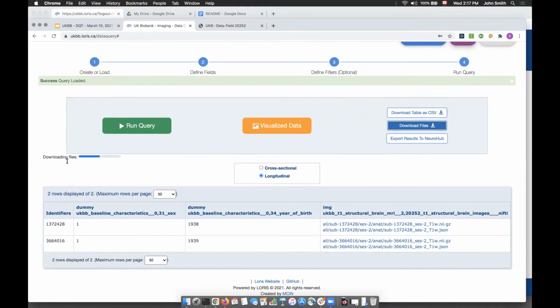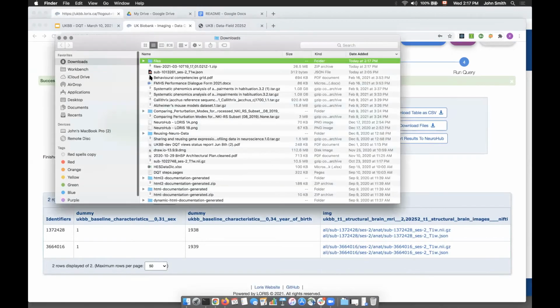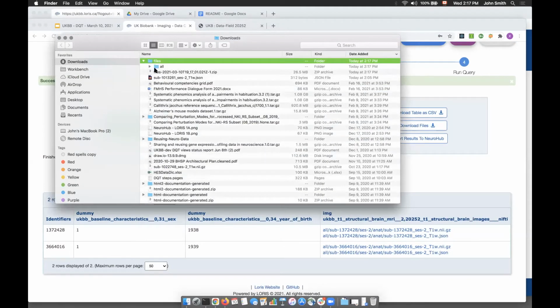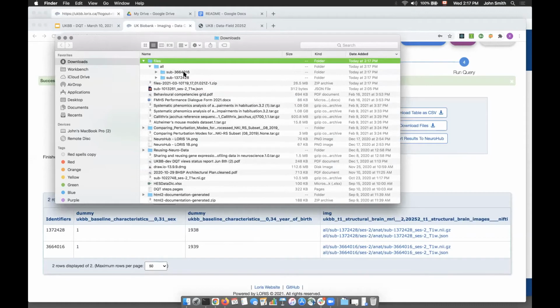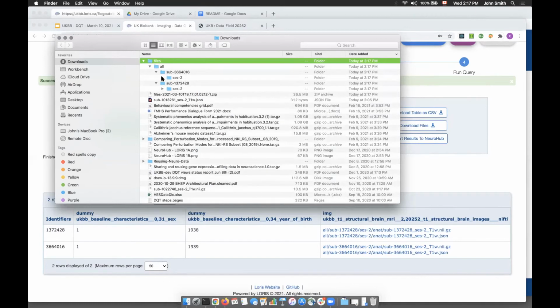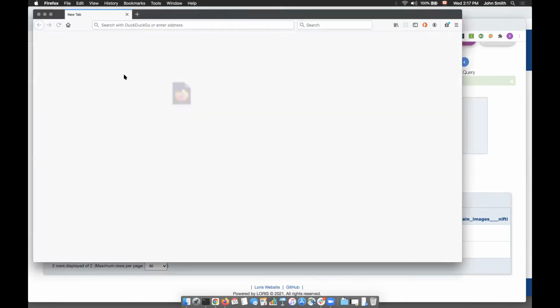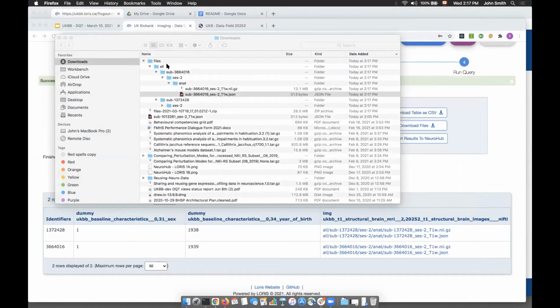I'll download the thing, small progress bar, and then the download. You can notice that the structure here is the same that you will find in the Beluga dataset. It's a BIDS dataset with every participant having session and for the T1 in the anatomical directory. I don't have a NIfTI viewer, but you can see the JSON file.